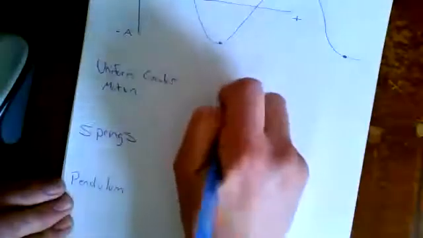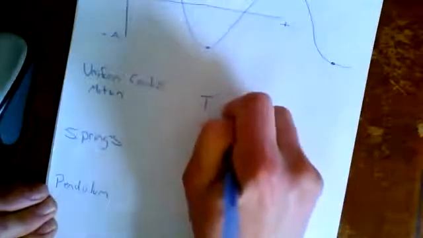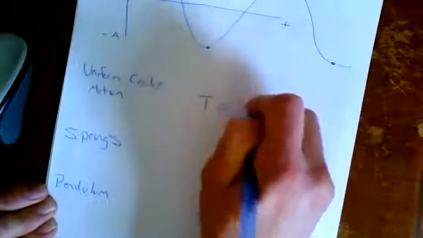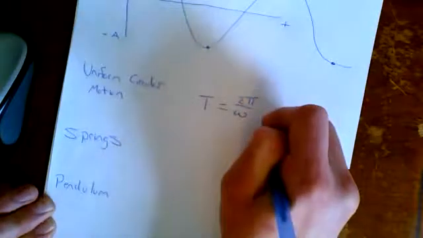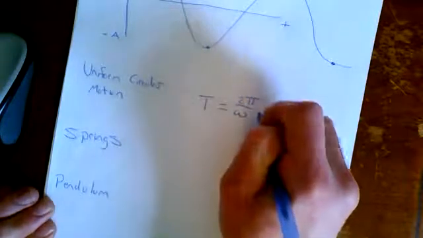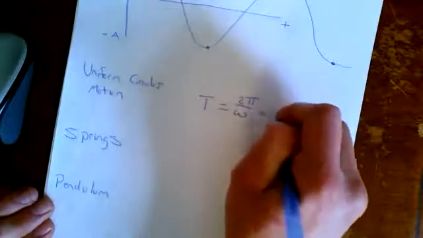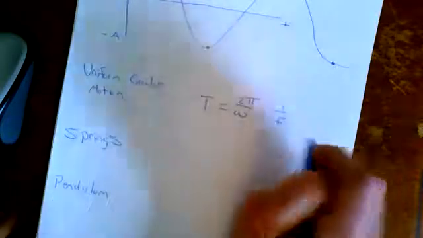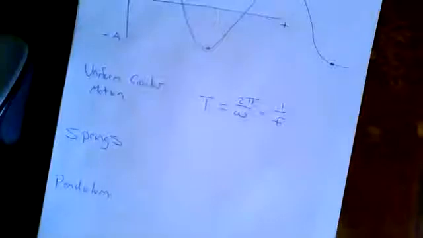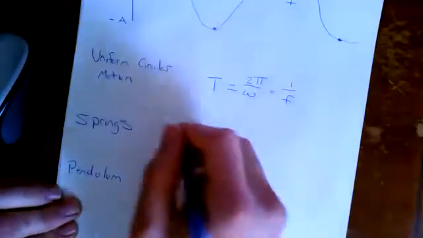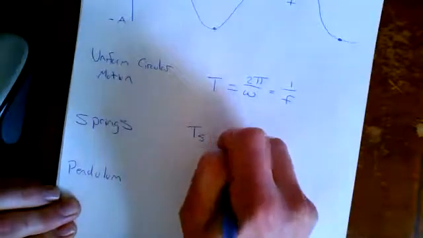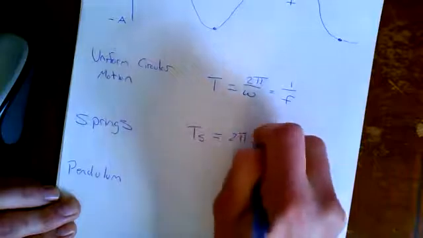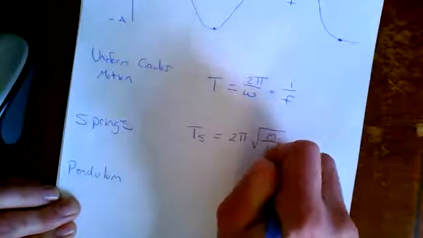Each of these has its own period formula. 2 pi divided by the angular velocity, or 1 divided by frequency, if it's uniform circular motion. If you're on a spring, notice we're T sub S now. It's 2 pi times